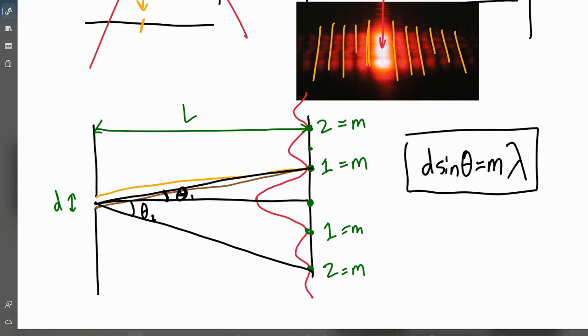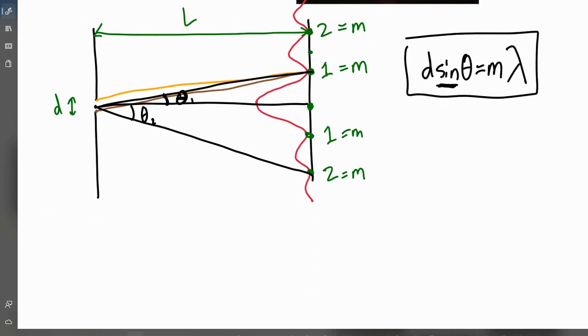This is not useful, though, because sine of theta, we don't know what theta is. It's almost impossible to measure because it is so small. But what we can use is the small angle approximation. The small angle approximation tells us that theta is approximately equal to the sine of theta is approximately equal to the tangent of theta. Tangent of theta is much more useful, though, because we can measure